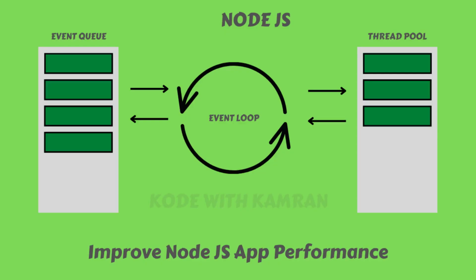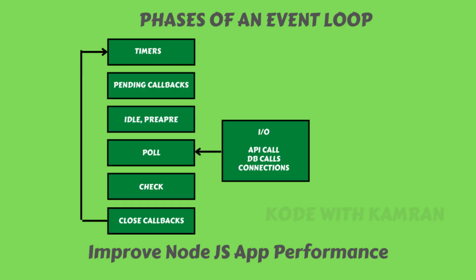This event loop is basically a loop which keeps on running when we run our Node.js server. In each iteration of this loop, there are different phases the loop goes through. One of the phases of this loop is the poll phase, where we keep polling the input and output and the callback of that particular input output. So let's say we make an API call, that API call is an input output. In this poll phase, the event loop will poll the input output and also wait for the callback to return. The more time the callback takes, the more engaged this event loop phase will be.